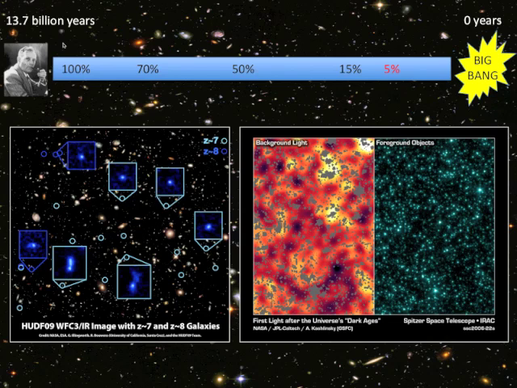picture, right? So a method that's been proposed, and it's very, very interesting, is that you can take all the objects that you can actually detect in the image, and remove them and subtract them from the image. And all you're left with is this halo of light, this diffuse background of light, which corresponds to the sum contribution of all the galaxies in that image that were too faint for you to pick up individually, right?